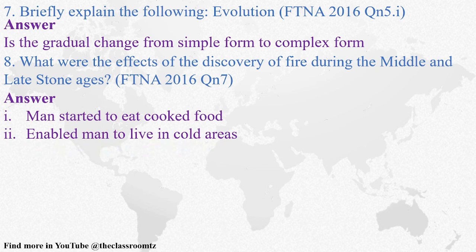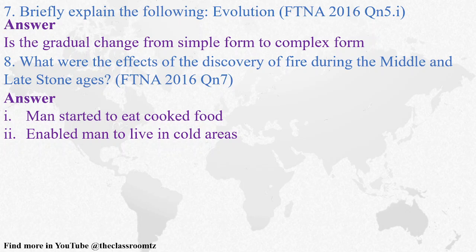It enabled man to live in a cold area, as we know fire is a source of heat. So by discovering fire, man was able at least to control nature. Before that, that's where we say nature controlled man. At the beginning, how did nature control man? Man should go where he was able to live according to that situation. Example,